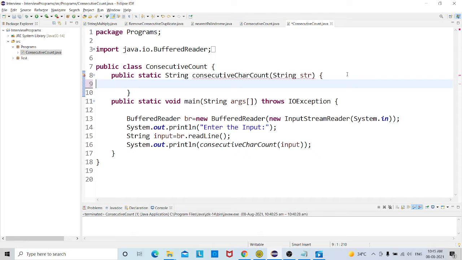So today's session we are going to see one of the most important questions asked in most product-based companies. The question is: we need to find the character count of consecutive characters.